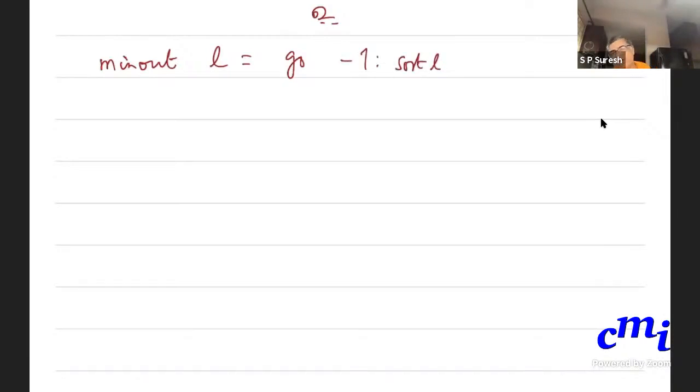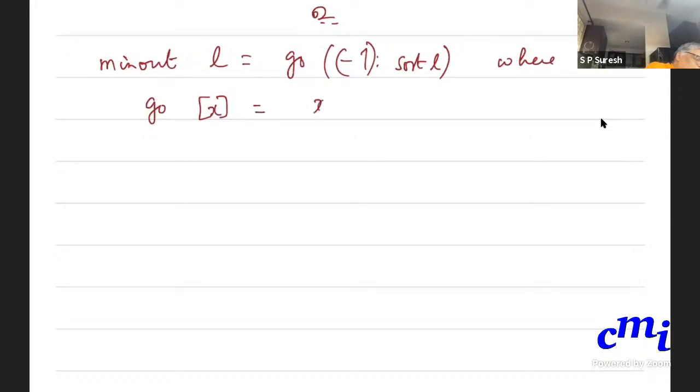Okay, I'm going to add -1 deliberately to the front of the sorted list. What does this go do? Go of the empty list will never arise because I'm doing this. Go of some x, then I'll return x+1, because x has occurred, so x+1 is the next one that is missing.